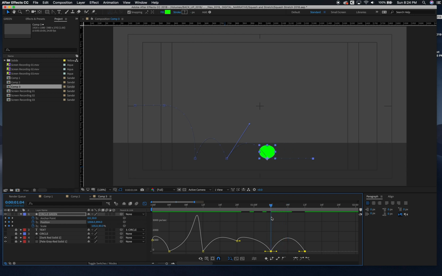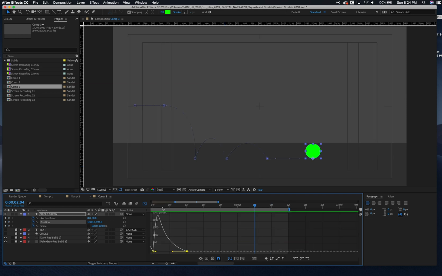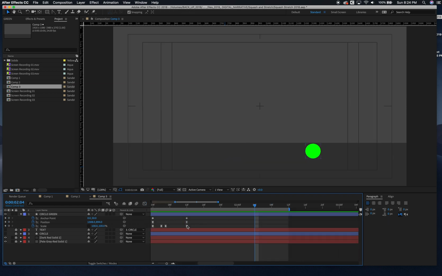And right here, I want it to be a little faster at the beginning and then really slow down at the end. And then what I could also do is I could take this position and take its one keyframe